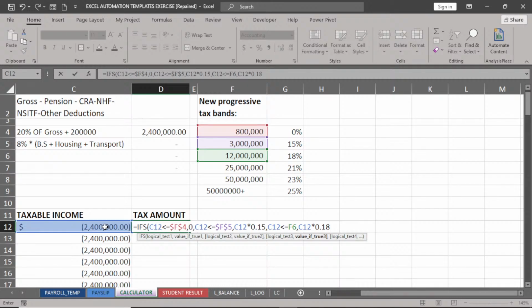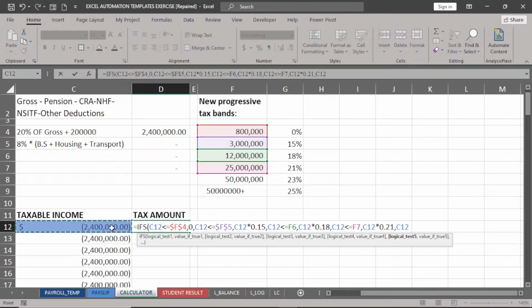That's 18%. Then I put comma. What else? If this is less than or equals to this, what do I want to return? We put comma. I want to return whatever this multiplied by 0.21. That's the tax rate band for this range. Then we put comma. Then this, if this is less than or equals to